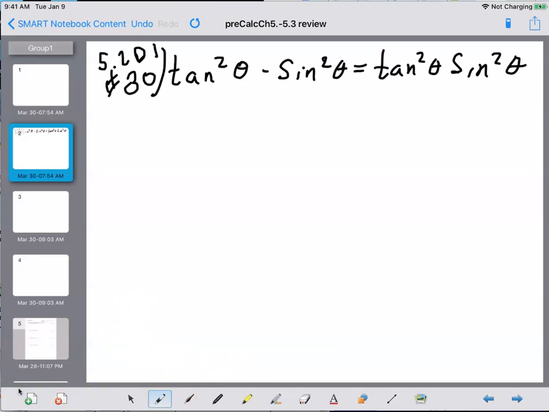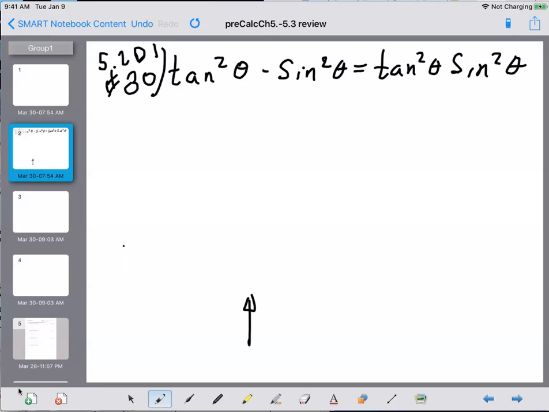Okay, I have a couple choices to go with this. I can start on this side here, and let's get a little pointer in there so we can talk about it. So I can start over here on tangent squared theta minus sine squared theta, but we're going to do this side later, and you do not have to do both sides. I'm just going to do both sides just in case someone started on one side or another. So I have tangent squared theta sine squared theta over here on the right. Now keep in mind I've got to get this subtract sign in here,